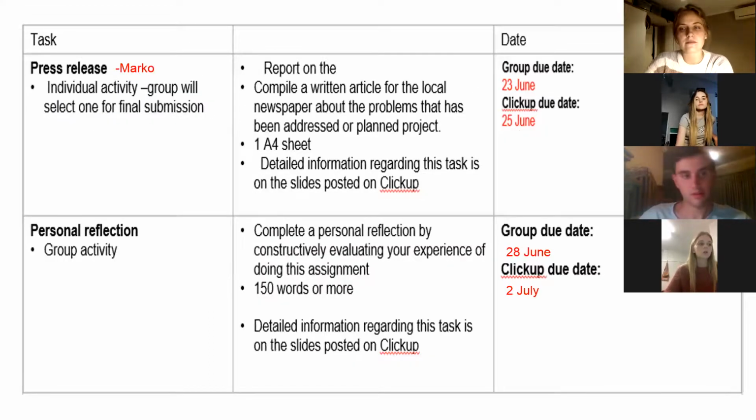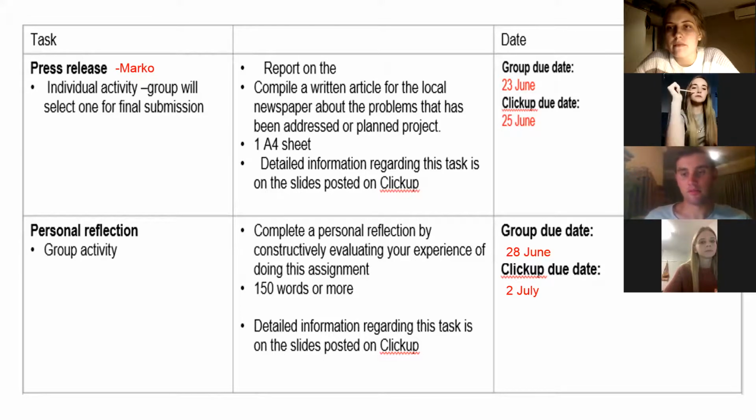I want to ask, where do you guys all live? Will it be possible for us to do this in person? Because I know I'm in Pretoria. So I don't know if you guys all are. Who's not in Pretoria? Perfect.